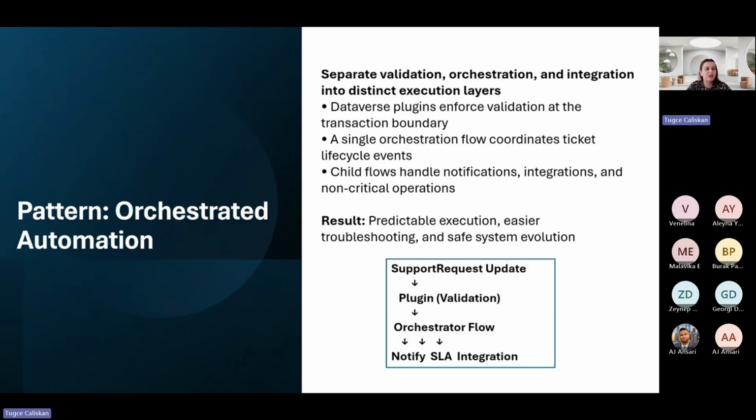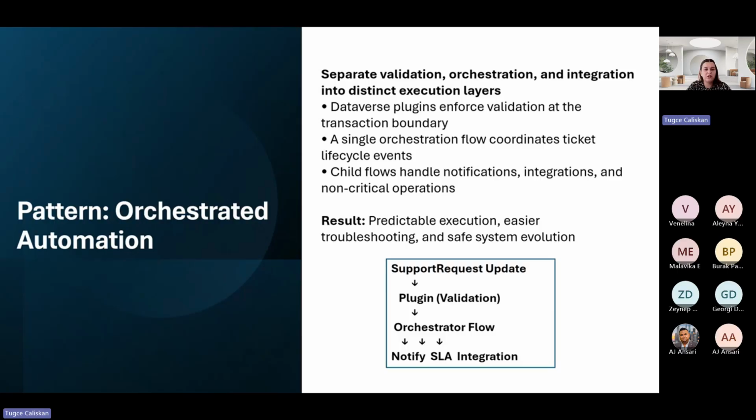One is that you create specialized child flows for specific responsibilities. This could help with, let's say, sending notifications, calculations, or if you need to synchronize some things with external systems. And if you define these child flows with a clear and isolated purpose, this will make the system easier to maintain and evolve. And one of the most critical things, I would say, is error handling.